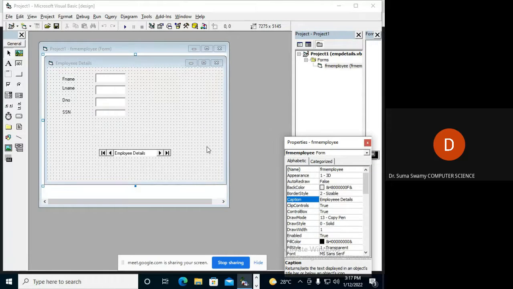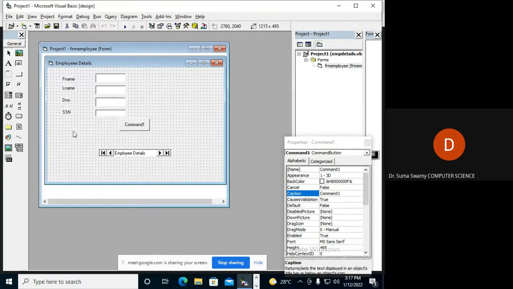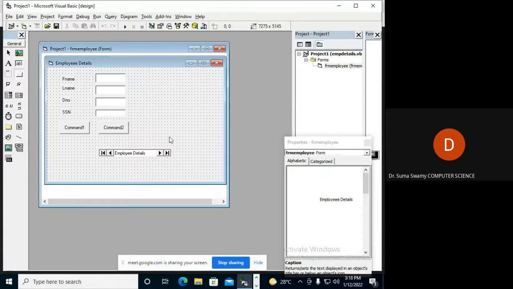Now we will see how to make use of the command buttons. Okay? So this is the command button. I'll double click one command button. Let us say I will place one here, another one next to that. Similarly,